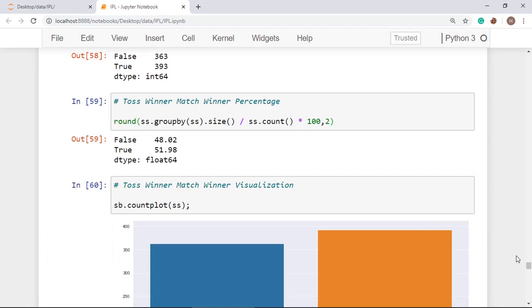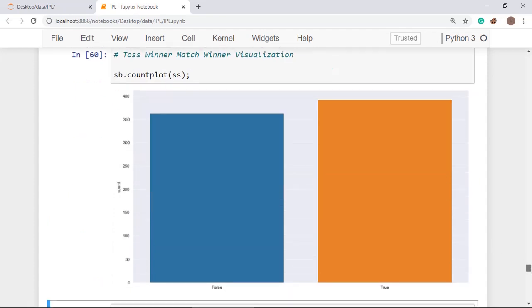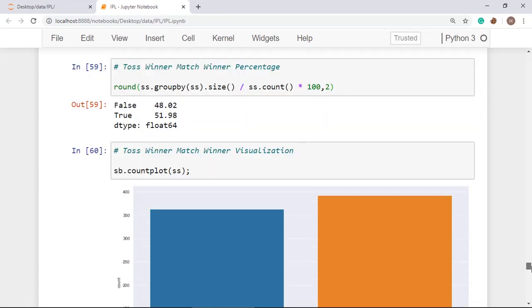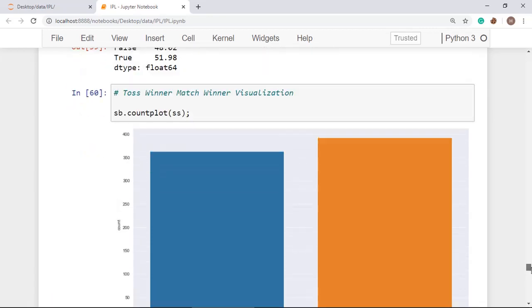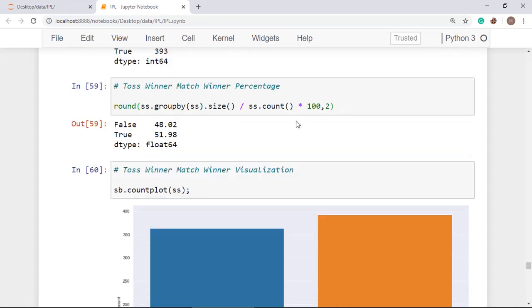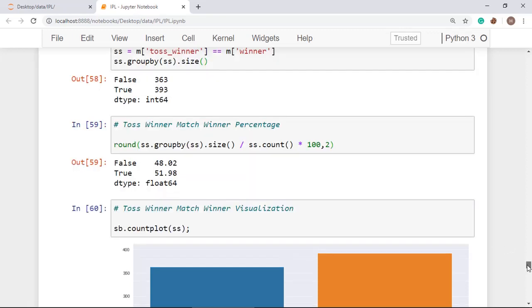All right. So here is the thing. You can also plot a pie chart, so try by yourself. All right. This is all about the whole match, means total matches played in the history of IPL. All right. It's not about a particular team. Okay. And you can also do it for a particular team.